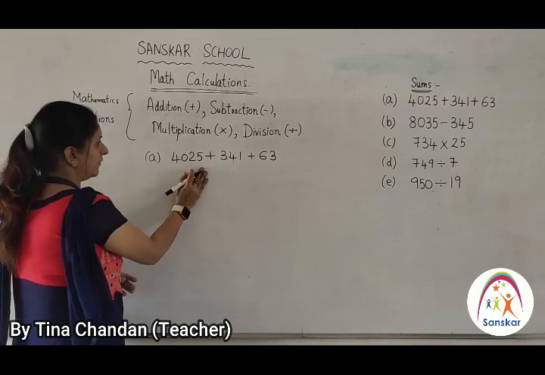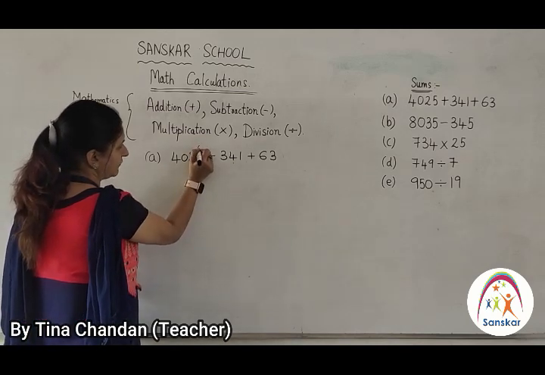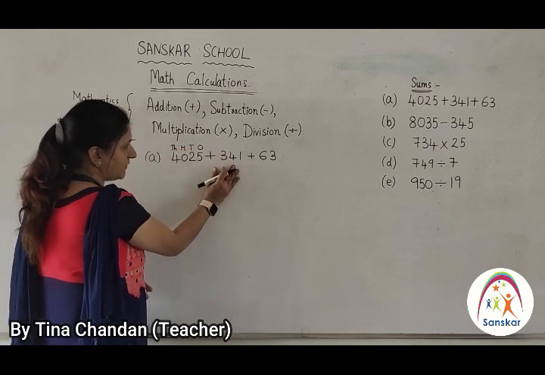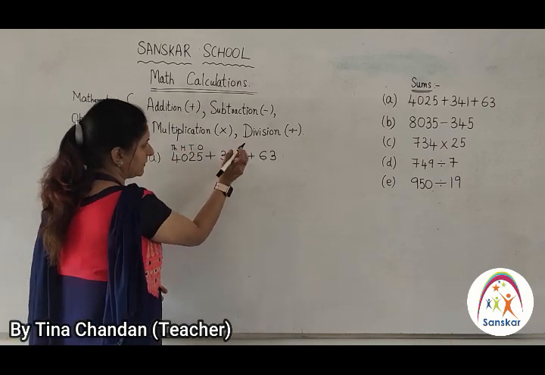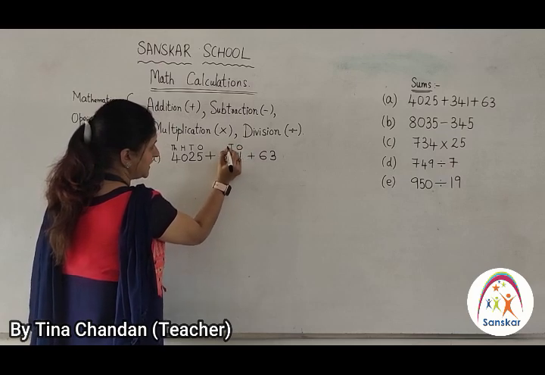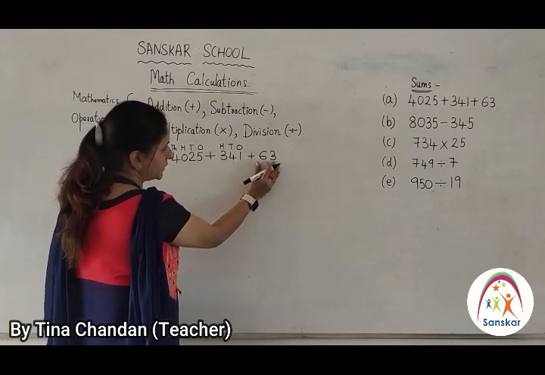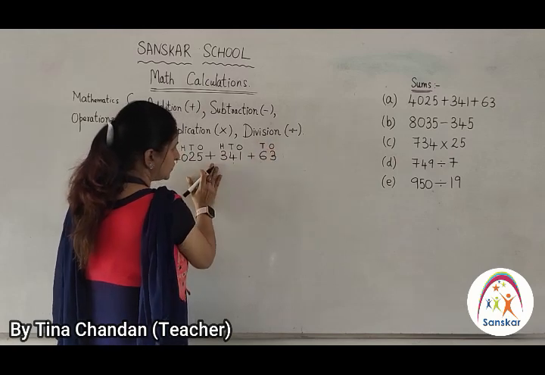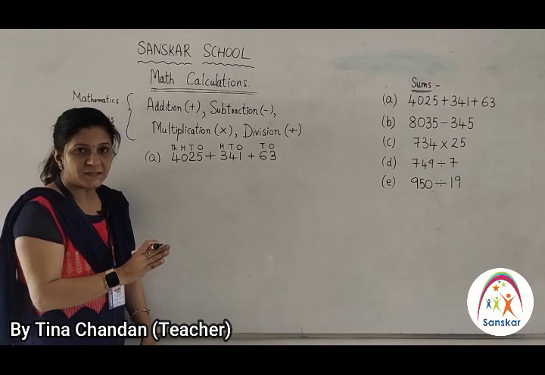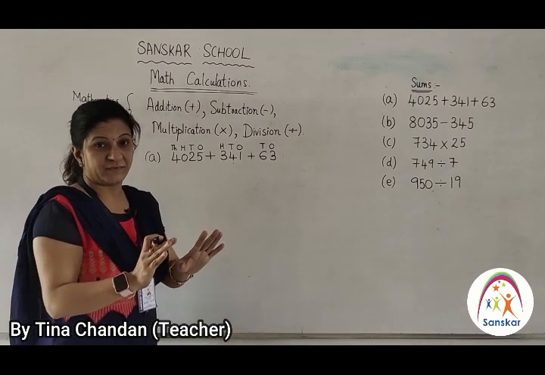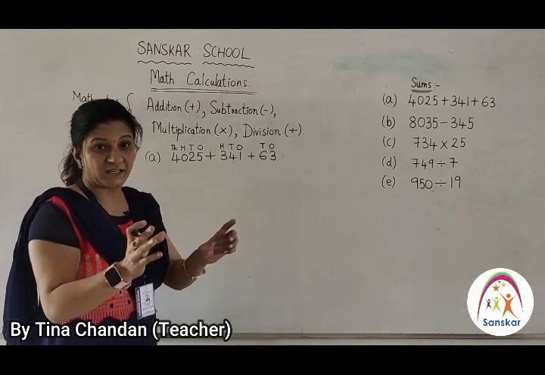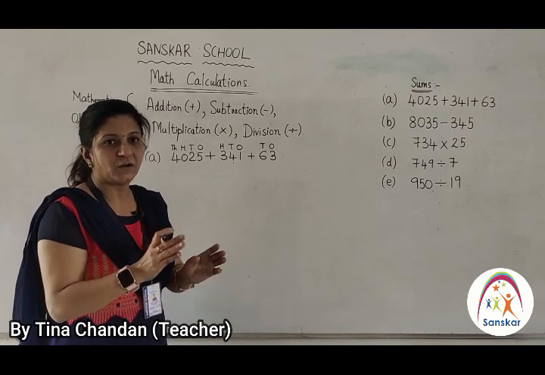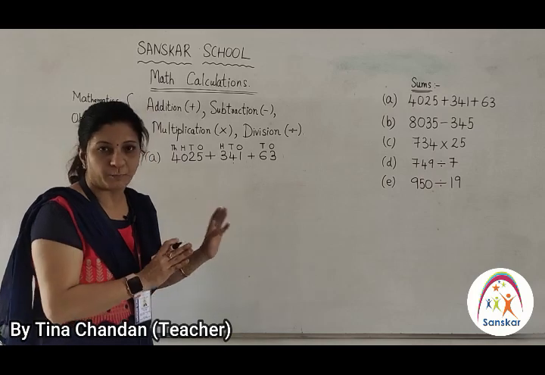Okay, we'll write the places of the numbers like ones, tens, hundreds and thousands. In the same way, for the second number, we'll give the places ones, tens and hundreds. Again for the third number, we'll write down the places ones and tens. Students, by writing these places, we make sure that we are not going to stack the numbers anywhere else. Okay, stacking means arranging the numbers. We are going to arrange the numbers at proper places.